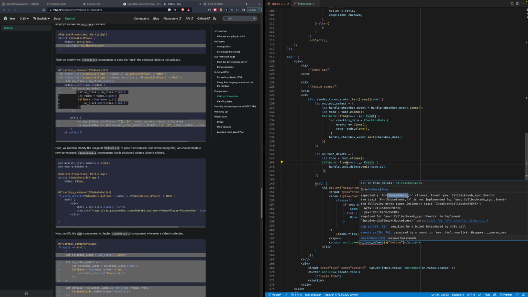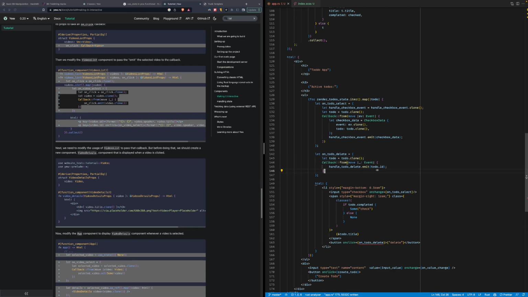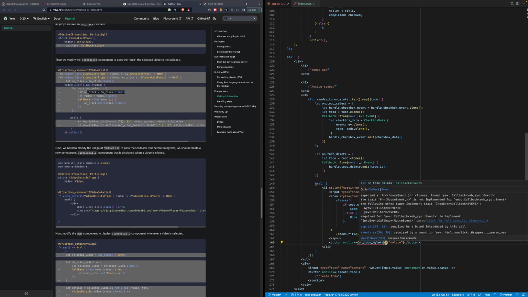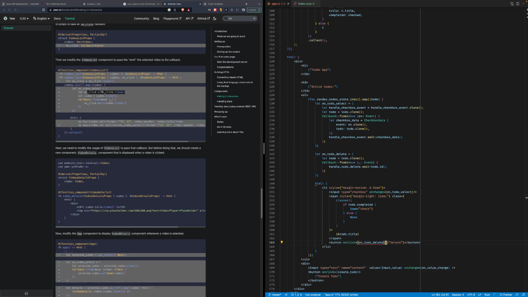I'm not sure why can't we pass in. Why is this an issue? Why can I not pass? Why can't I pass? Oh, you have to clone this too? That shouldn't. Handle checkbox event.